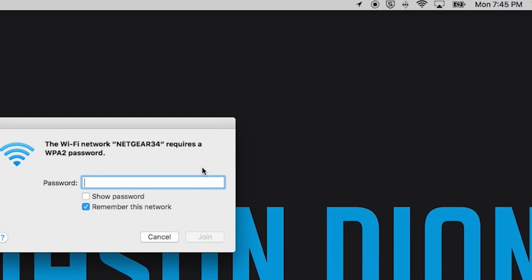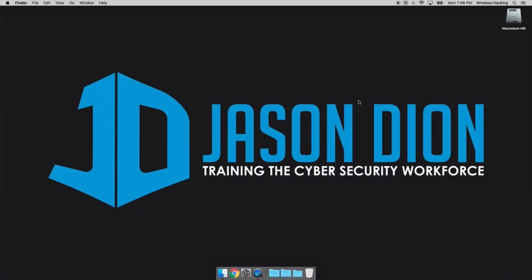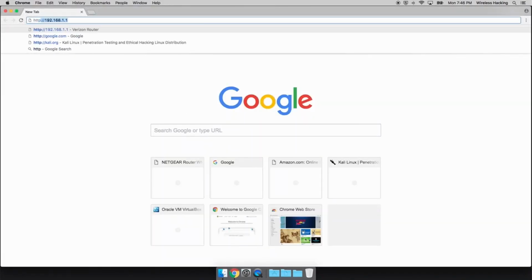On the back of your router, there is going to be a password listed. In my case, this password is slowtable117. That is SLOWTABLE 117. Yours will be different, and it is printed on the back of your router. So at this point, it's going to go ahead and join the network, as you can see here. Now with the Netgear, it's going to open up a web browser, and we are going to go to